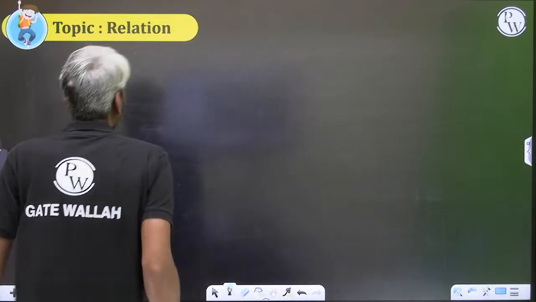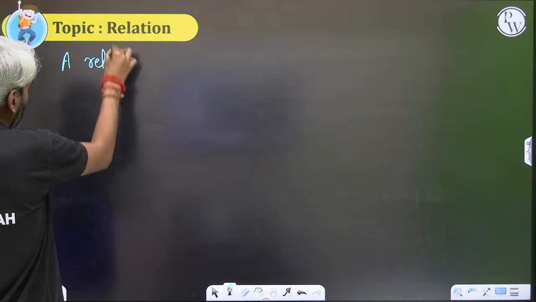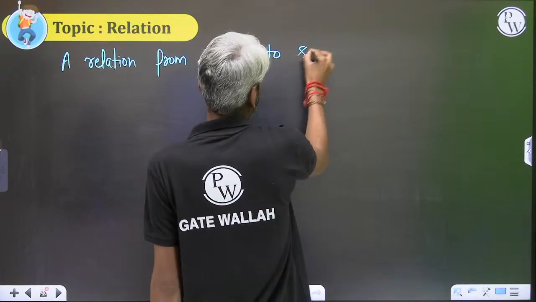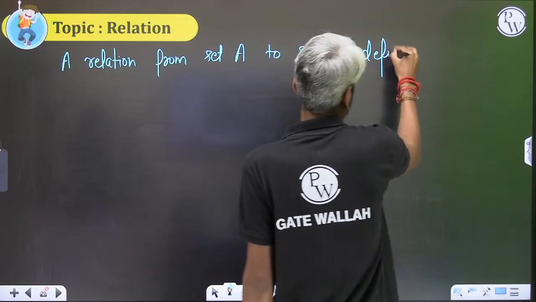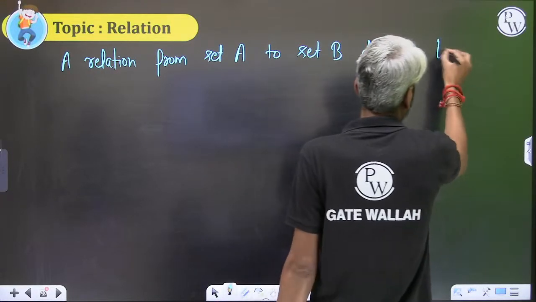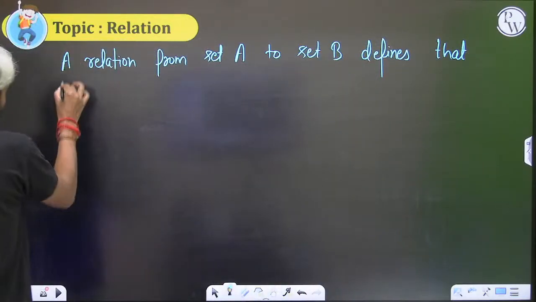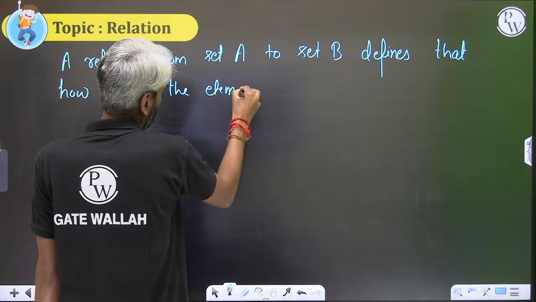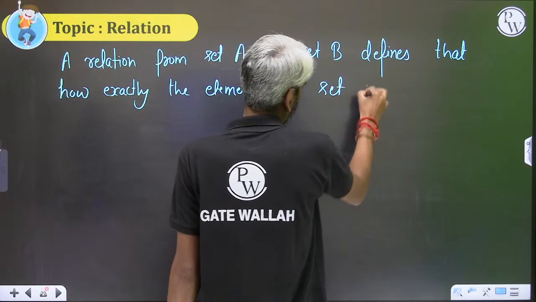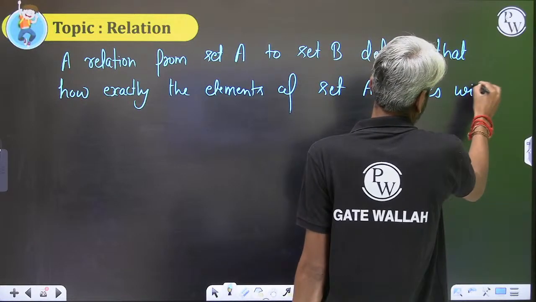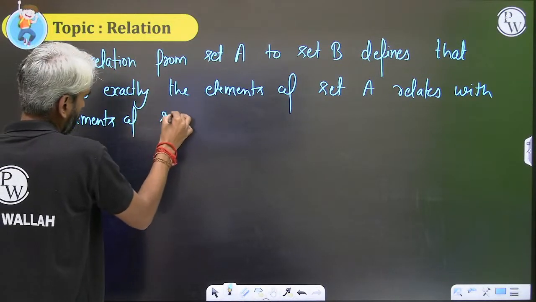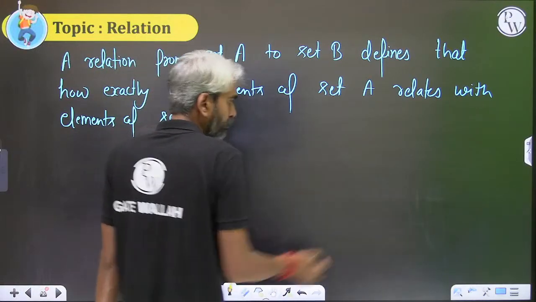The next thing, that is relation. So what is a relation? A relation from set A to set B defines how exactly the elements of set A relate with elements of set B. Okay. Please, first of all, before I go to the next definition, let's try to understand